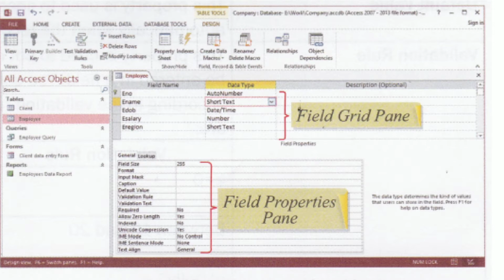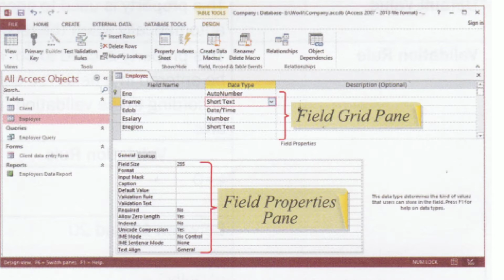To create a table in design view, we need to click on the create tab and select the table design button from the ribbon. The table design view window appears.